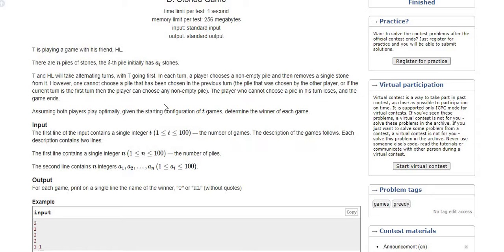Then HL takes a stone from another pile, and the count of that pile is decremented by 1. There will be a stage where either T or HL won't be able to pick a stone, because the pile will have no stones, it will be 0. In that case, the other player will be the winner.